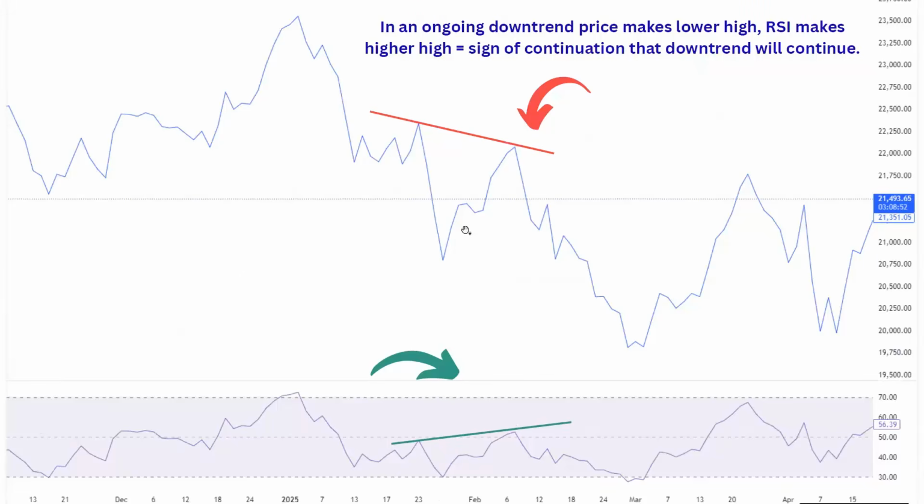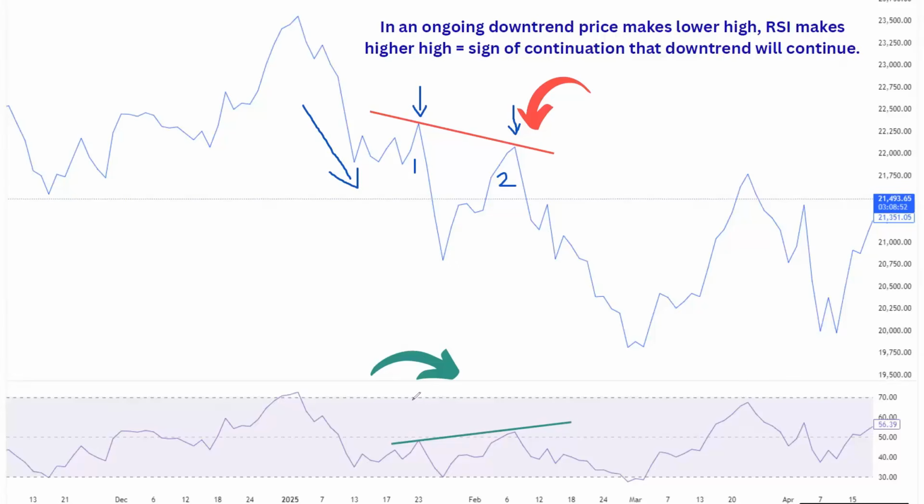Now, this is a negative hidden divergence. In this negative hidden divergence, we have an existing downtrend. We have a high in place and then we have a second high in place. I'll give numbers to it so it will be easier for you. We have number 2 which is lower than number 1,